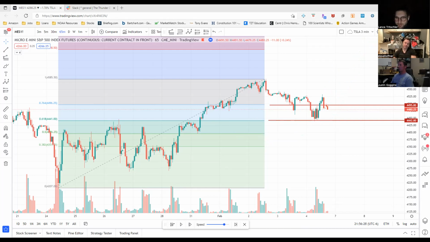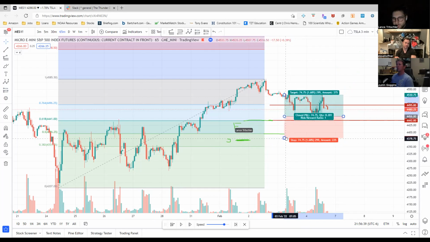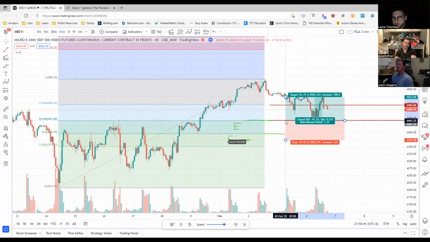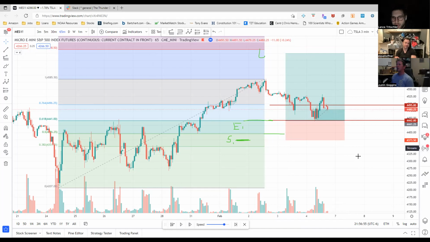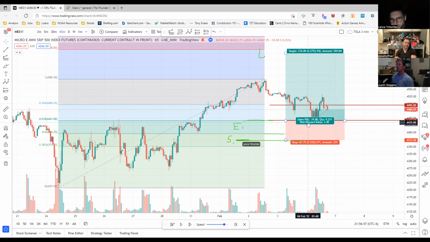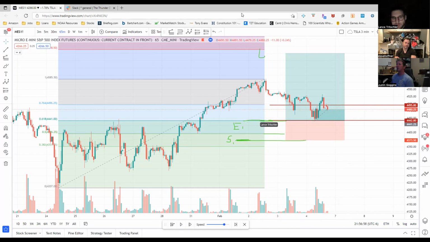Because let's set this up blind. Let's set up an entry right here blind, and let's set up an entry right here blind. So this entry, the stop will be right here. Okay. Yeah, real quick. Is that where the 764 was? It was close. Yeah, maybe it was a little bit more like that. Whatever, that works. Okay, so we'd have stop here, entry here, blind,